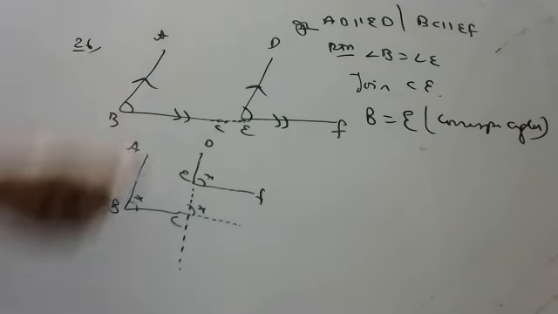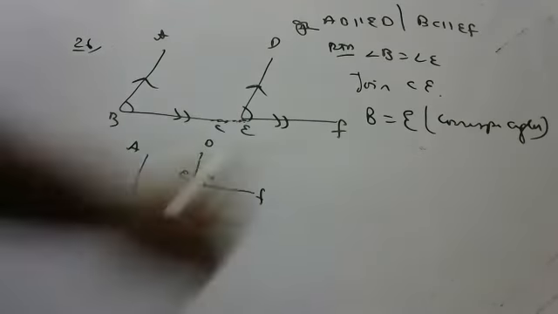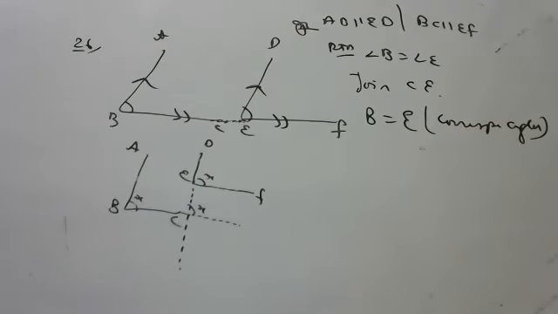You have to write everything in the form of statements, children. If they give up and down, do like this. If they give side by side, extend and join. That's all. Okay, children? I hope you are able to understand. Very good. Next one. Yeah, children, next one. What is the next question?